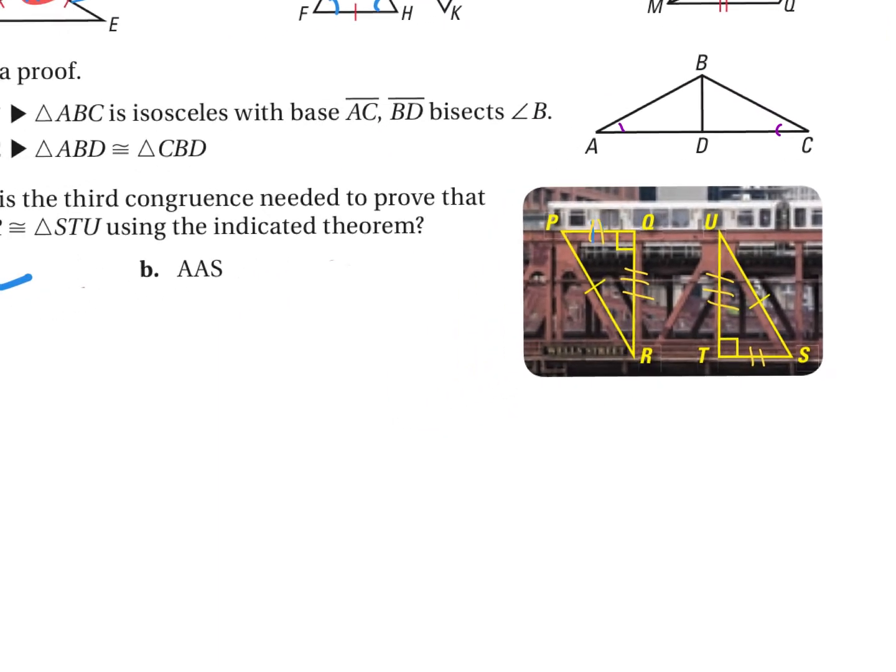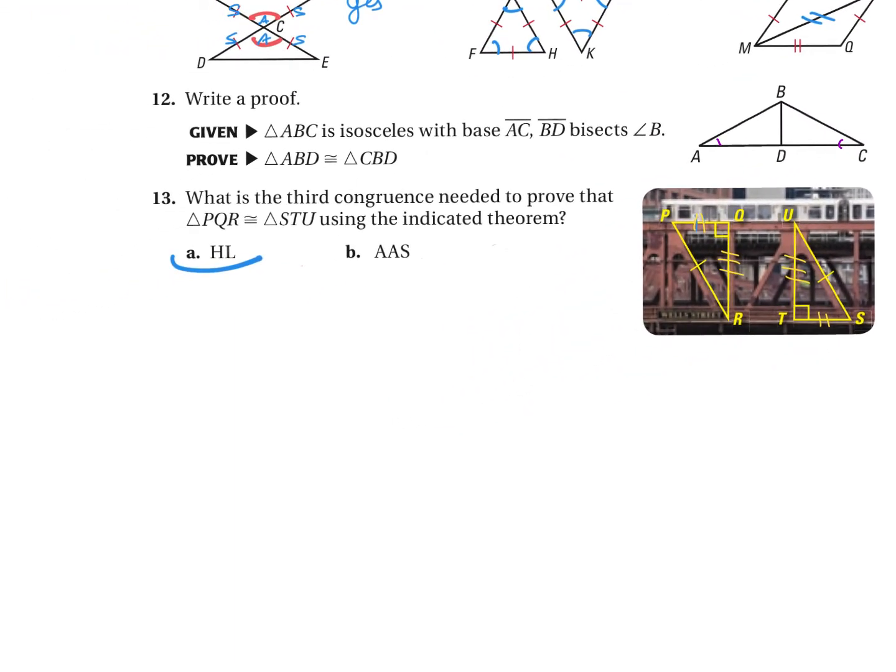So the other statement that I would have needed to add was either stating that QP was congruent to TS, which is one of the leg pairs, or QR congruent to TU. Either one of those. Then in order to do the same picture and use angle, angle, side,